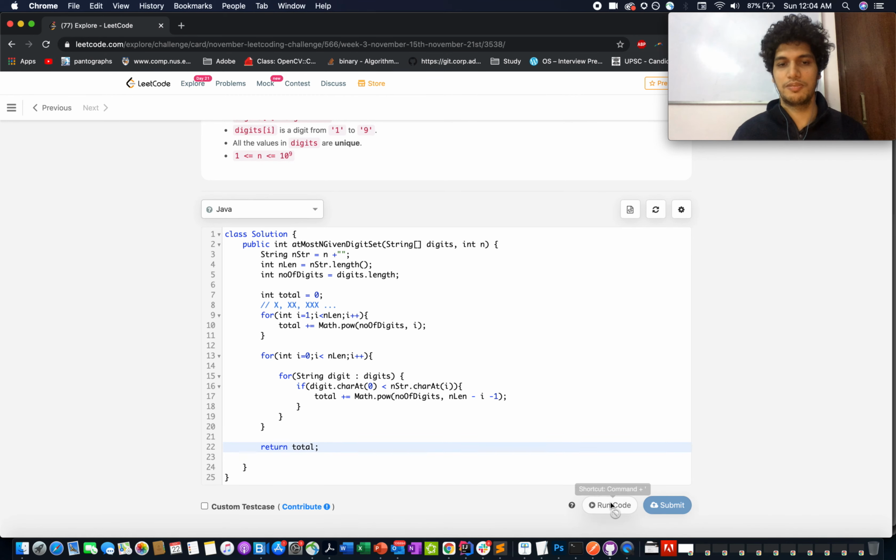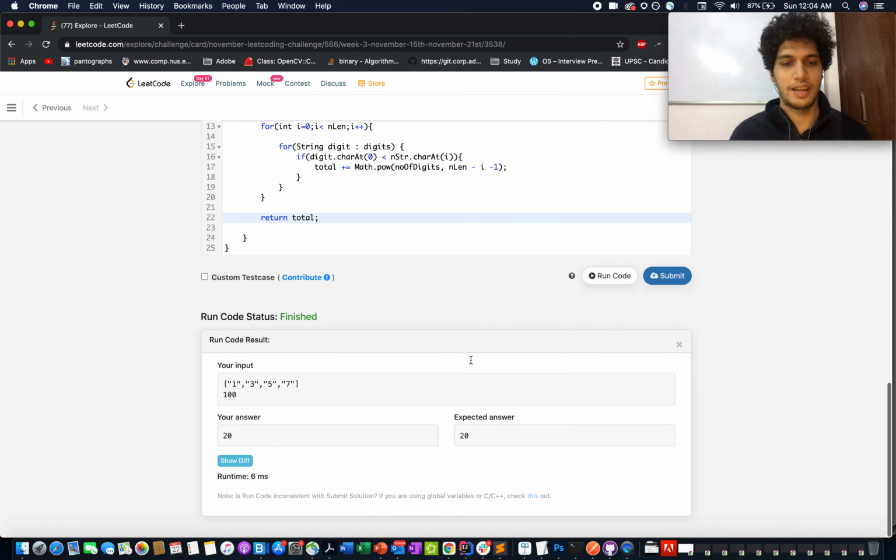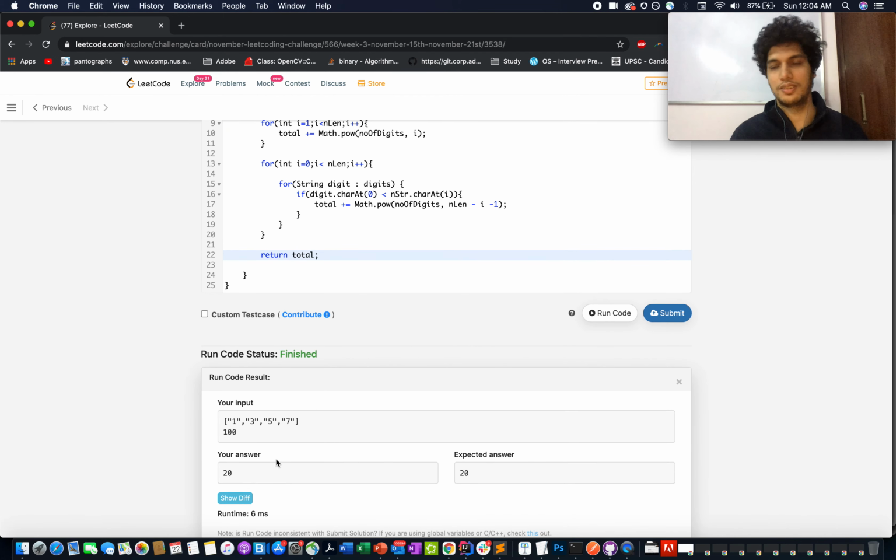So this solution will pass a few cases. I'll add a few more lines there and I'll explain them too. So we are good for this default case.